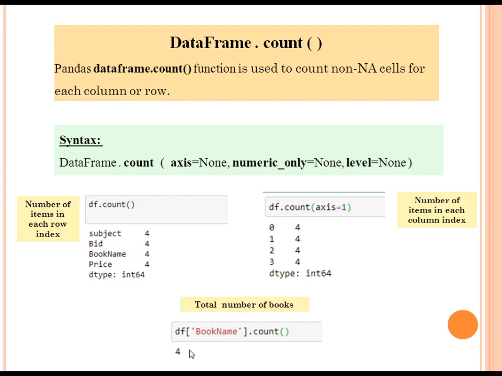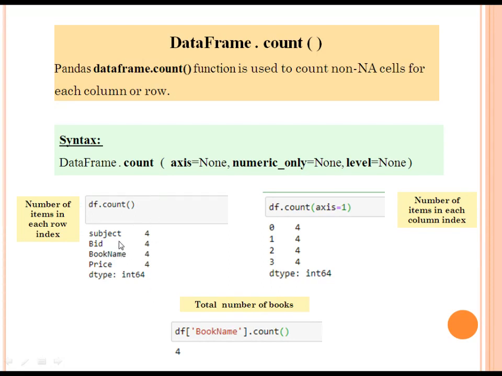Next is count function. Of course, children, it is used to count the number of values present in the particular column, particular row. It will not count the NaN values. Okay? See how? Again, it has 3 parameters: axis, numeric_only and level. You are familiar with this.